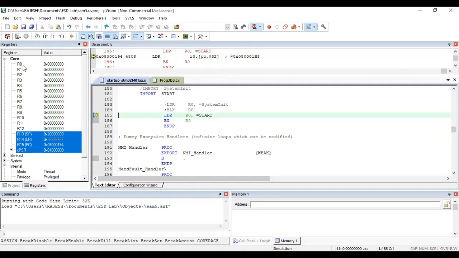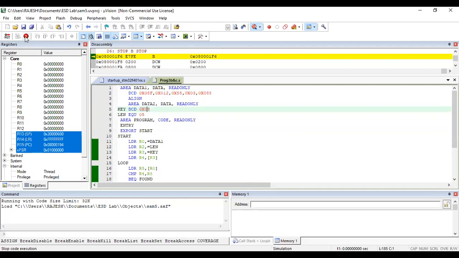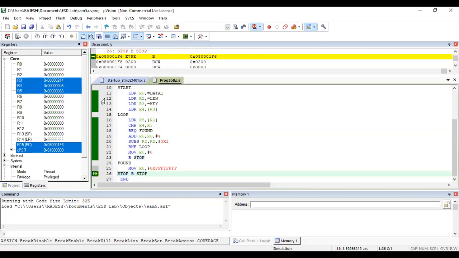Go to the debug mode, and I will simply run the program. No need of stepwise execution. I'll run it, then stop it. Now see, my data is 08, which is not found in the array, so my return value is 0000.